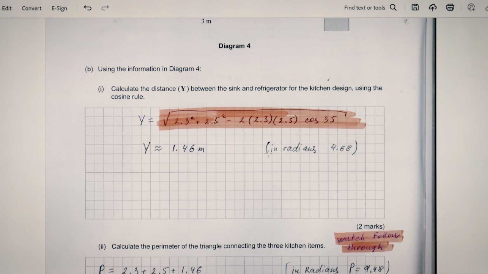So I put the question here, yes. If it's in radians, 4.68, we were counting it as correct. But please, please, please, if you can, check the calculators before students go to the exam, if they're their own calculators. You can check from the beginning and just tell them, don't touch any settings. But the majority of the students don't have their own, and in the exam they go and borrow from